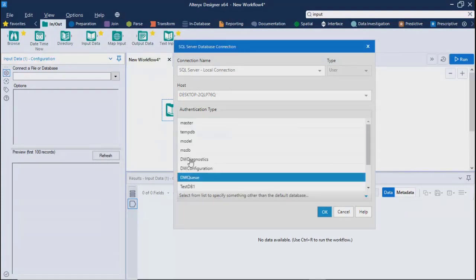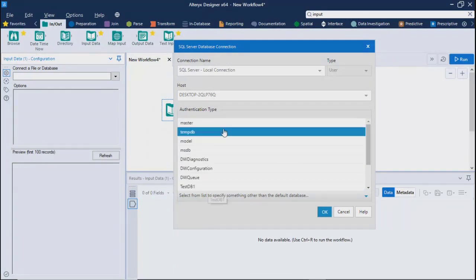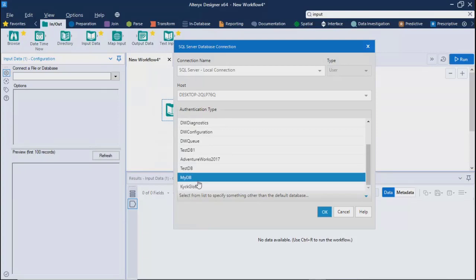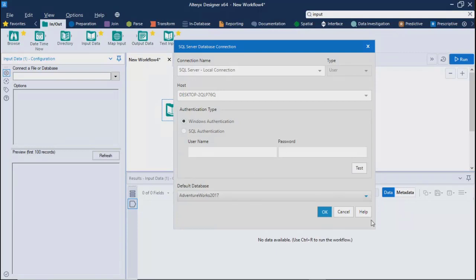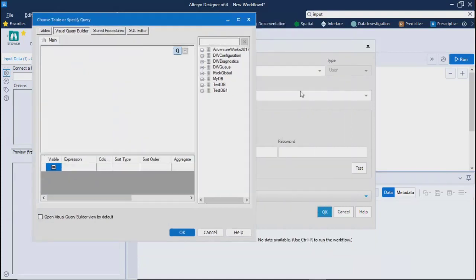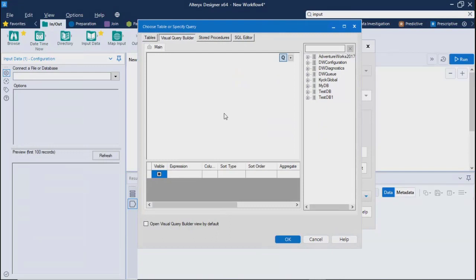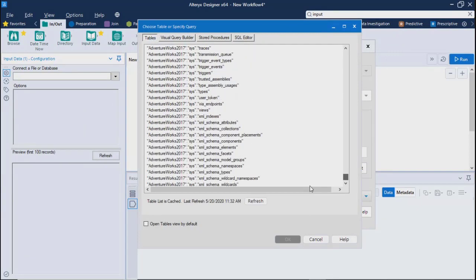And then maybe you can select some of the databases, whichever you have on this particular server. So let me select, maybe let's say K Global, or let's say AdventureWorks, any database, whichever you want to select, and you need to click OK. As soon as you do that, again you get the list of all the databases which are available on this particular server. And then from here, if you want, you can take the table names. See, because I selected AdventureWorks over there, I can see all the tables related to AdventureWorks.